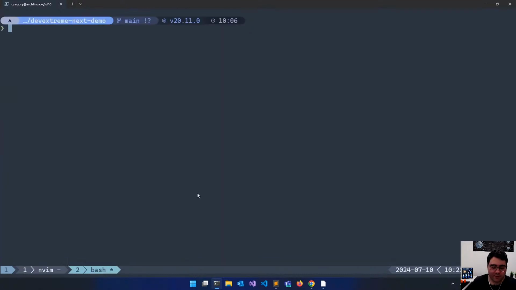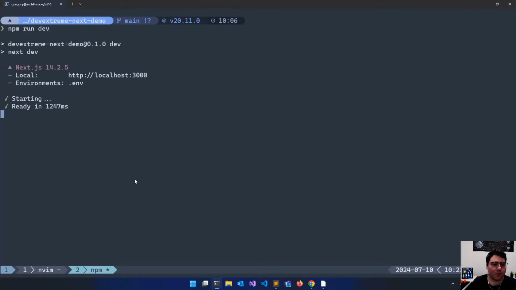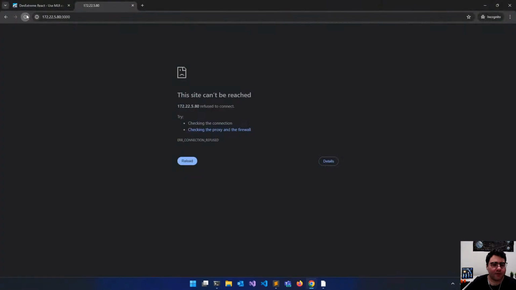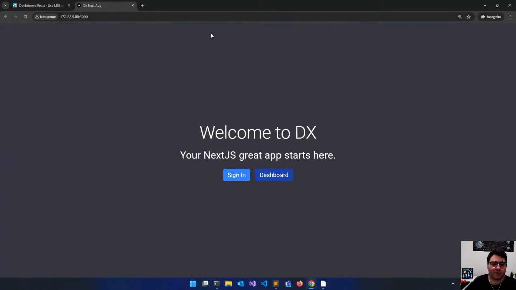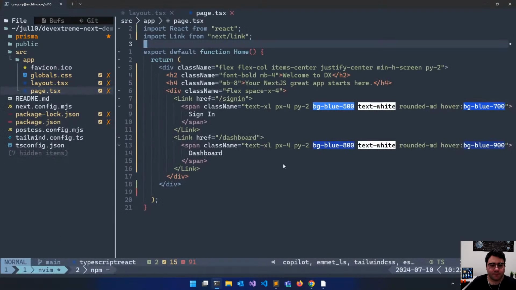And just to make sure everything is running, I'm just going to go ahead and say npm run dev. And I'll jump here and I will refresh this page. And as we can see, it's all rendering, and we have these two mock buttons here. And I just use some Tailwind to make them look like buttons, but like I said, they're not actual buttons because that would cause us some issues. So jumping back to our code,